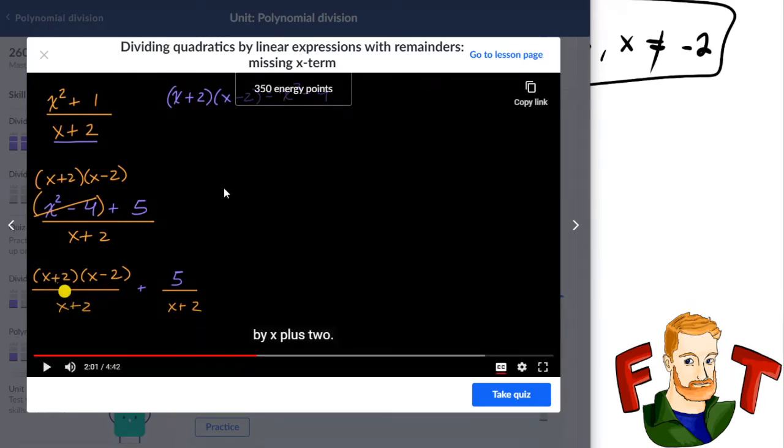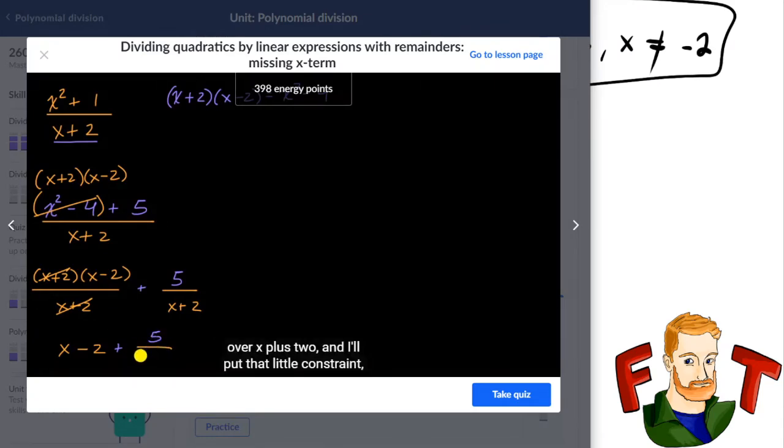by x plus 2. Okay, I mean, yeah, he makes a point, but this only works if, well, I guess the whole point of completing the square is because you can format it to fit the denominator. I just feel like this is a more complicated way of going about it, but okay. Then we would be left with x minus 2 plus 5 over x plus 2,